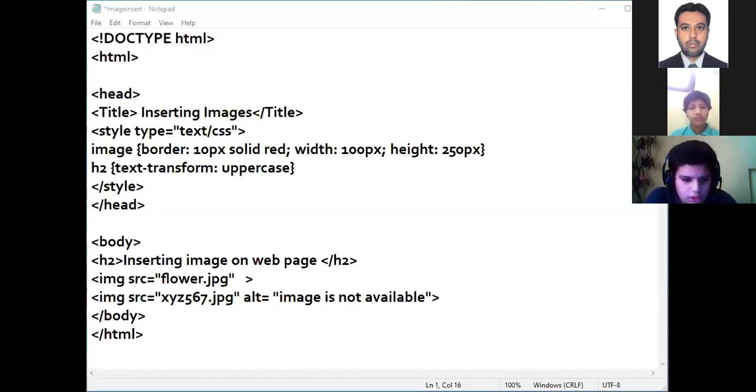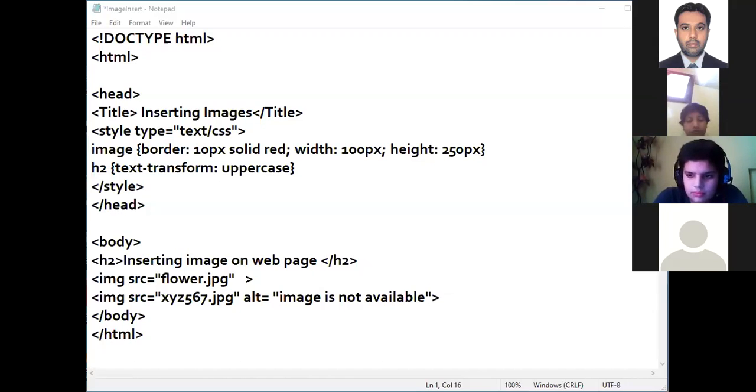Sir, your mic is muted. We can hear you. सर आपकी आवाज़ नहीं आ रही। सर आपका माइक म्यूट है।